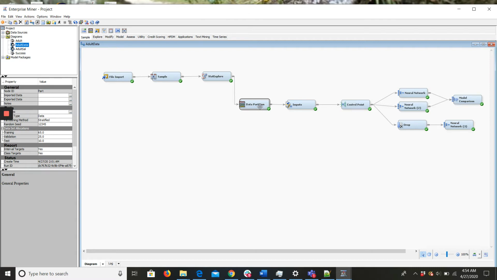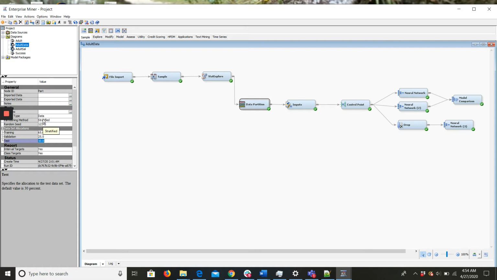The training data set is used to learn relationships between features and the target variable. Therefore, we set it to a higher value, that is 65 in this case, so that our model gets to learn about the data better. Then the validation data set gives us an estimate of the model skill while tuning the model's hyperparameters. So that is why we set it to 25, still higher than the testing data set. And finally, the testing data set reports the performance of the model. So we keep it to 10%.